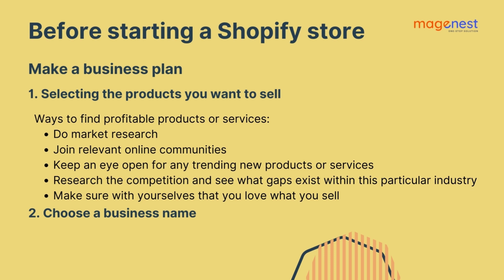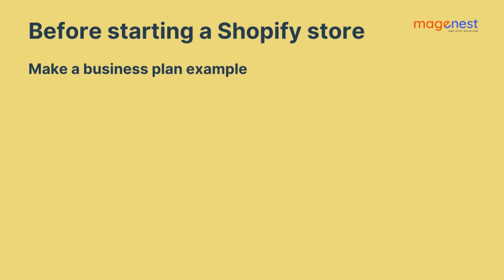Once you have an idea of what product you want to sell, it's time to choose a business name. One thing you should keep in mind is that your company name should accurately describe the products that you sell. For instance, if you decide to sell eco-friendly products, you might use a name like EcoFlow Store or another name related to your product line. Now you already know more about how to make a business plan for your online store. If you still feel confused and do not know how to take action, don't worry, we'll provide an example of making a business plan in more detail here.